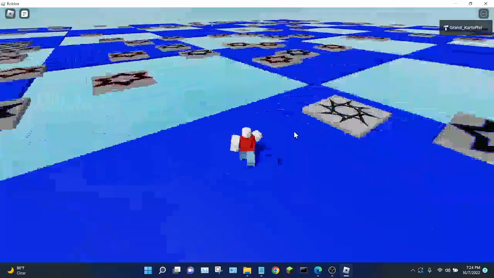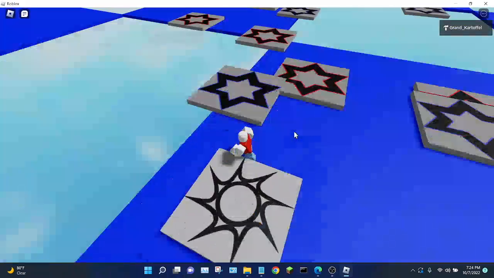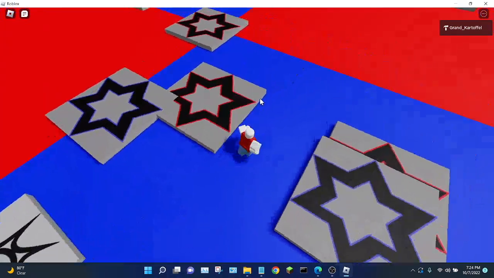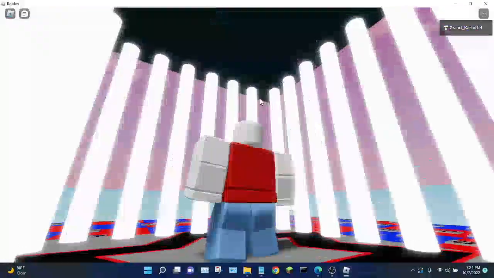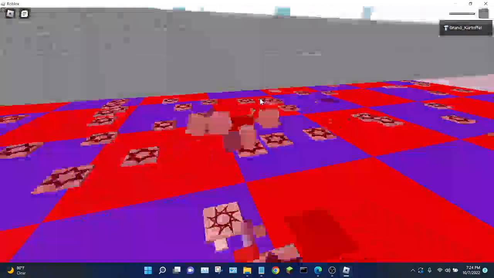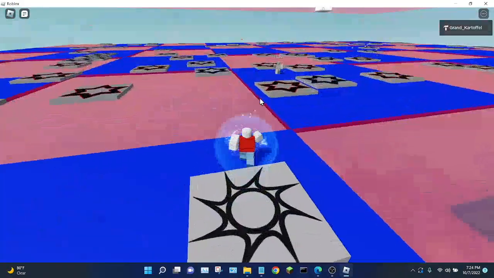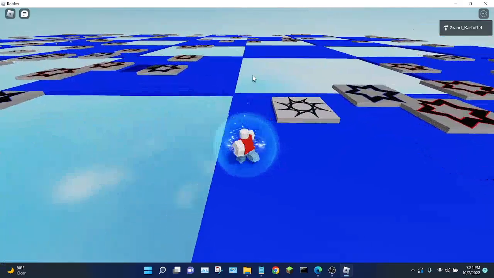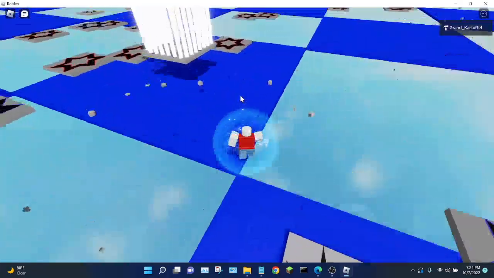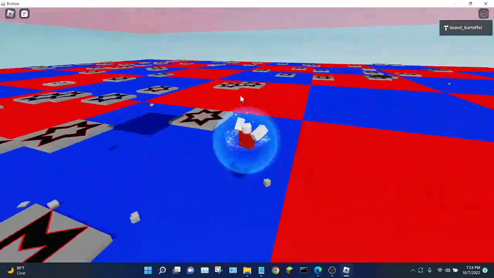Alright, this is laser tag. Once you join, you'll notice several starred tiles on the ground. Most of these are cage traps, where if you step on them, it will fly you up into the air and kill you. But some of them actually do just activate the colored tiles on the ground. You'll notice the red and blue tiles will disappear periodically, forcing you to find cover.